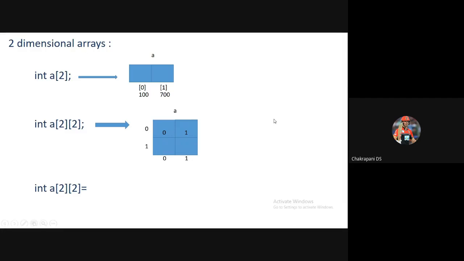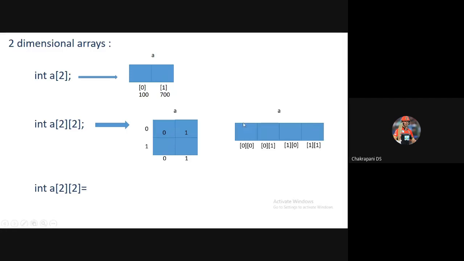Now let's see how the computer creates memory blocks. The computer creates memory blocks like this itself, but it will create four memory blocks based on the square brackets and the values. After that, we are going to represent index values here like this: 0, 0 for the first memory block, second one 0, 1, third memory block 1, 0, fourth memory block is represented as 1, 1. And this is how two-dimensional arrays are represented. So remember, this is the way two-dimensional arrays are represented and they are used in the C programming language.